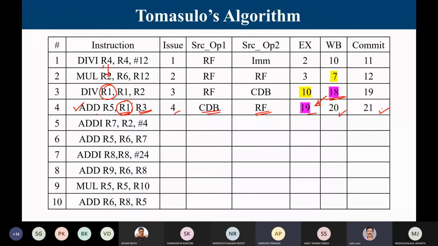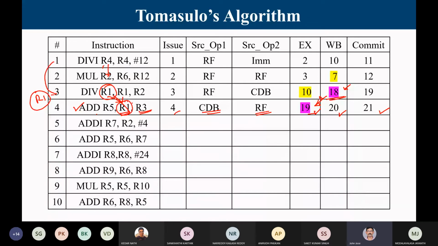No. So 3 and 4, it is a dependency. I wanted to get the result produced by 3 to be used in 4. It is the value of R1 that is important. That is why I get the result in 18, and then that result has to reach the reservation station. Using that, the next instruction will start at 19. Now, whereas in the case of 1 and 3,